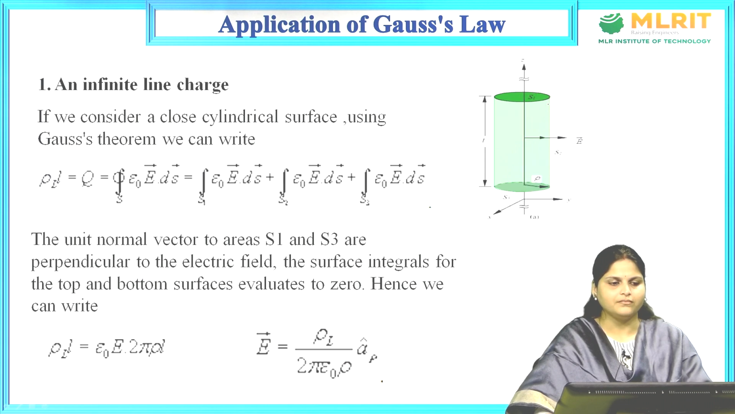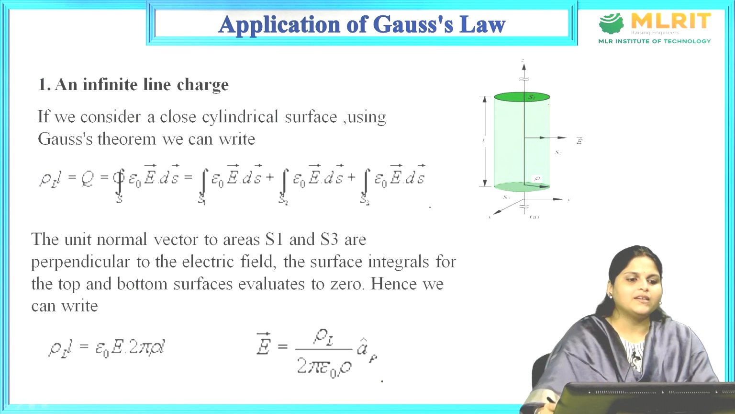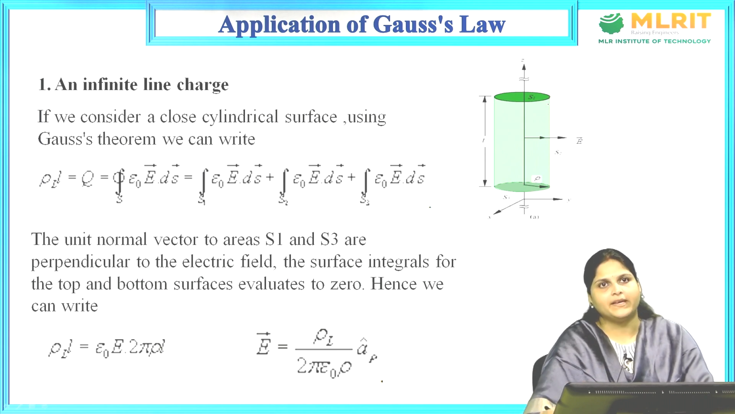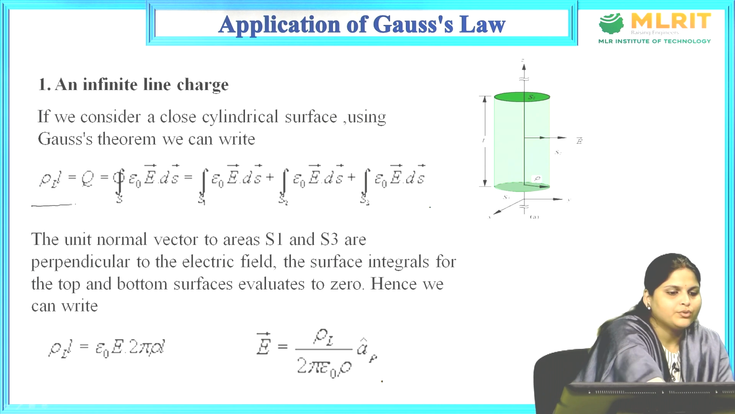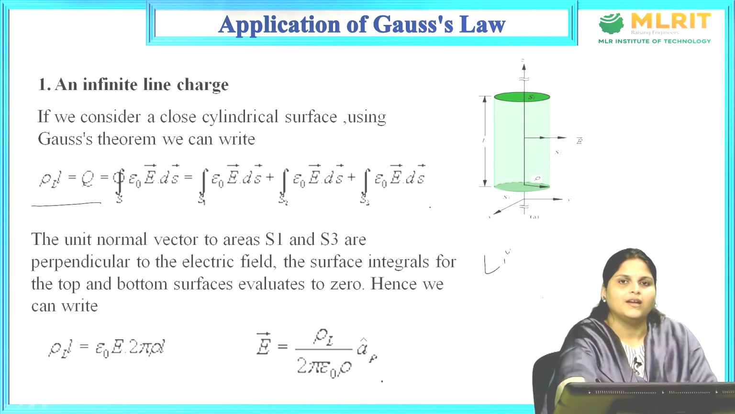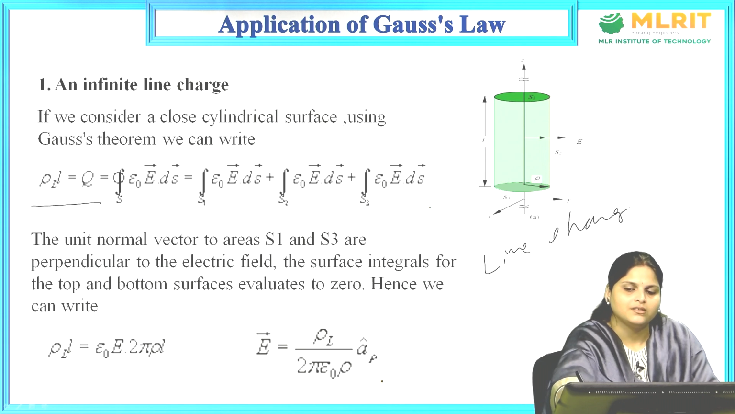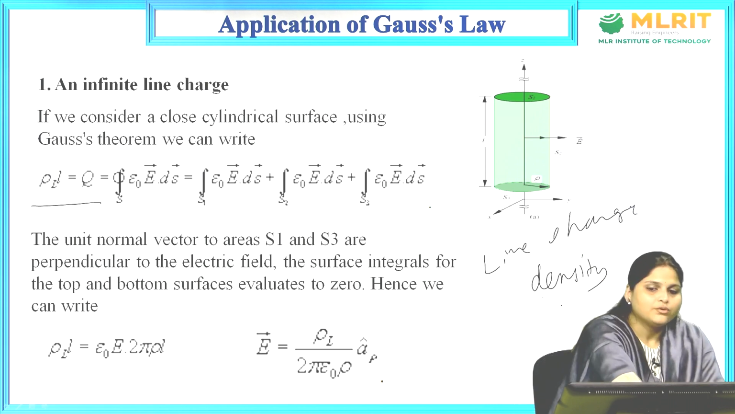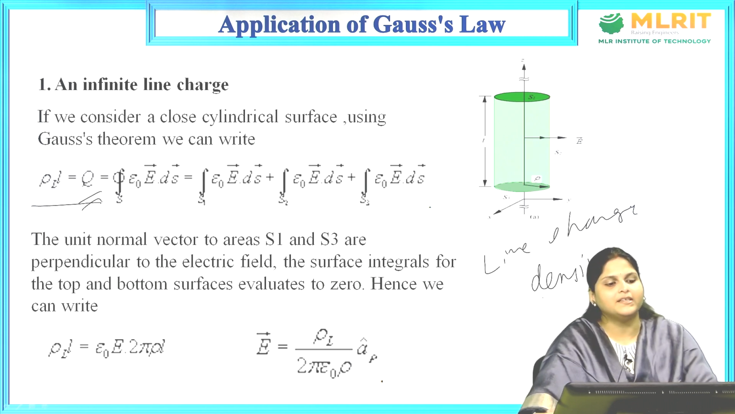right? So here we are considering one closed cylindrical surface, and by using Gauss theorem we can write one application which is written as rho_L times L equals Q, where rho_L is the line charge density, and L is the length. So this is the infinite length line charge. So rho_L L equals Q is the charge present on that, which can be written as the integration over